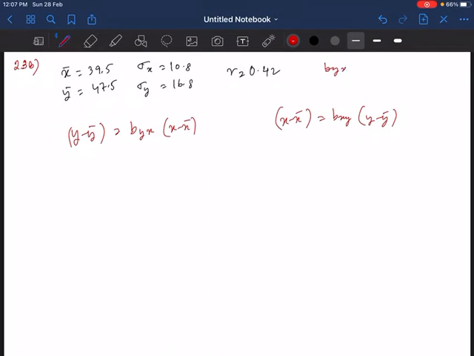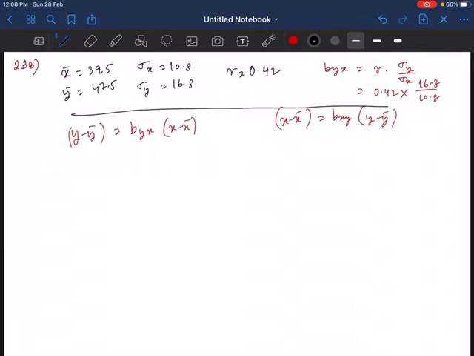We know byx is given by r into sigma y divided by sigma x. That's my byx. So basically that's equal to 0.42 into sigma y is 16.8 divided by 10.8. That's my sigma y. So let's try to do this one. We have y minus y bar, which is 47.5, and byx is 0.42 into 16.8 by 10.8. So this is my byx, and x minus x bar is